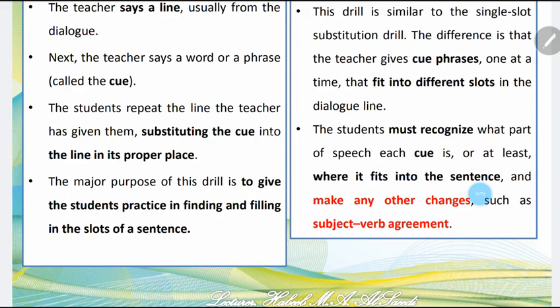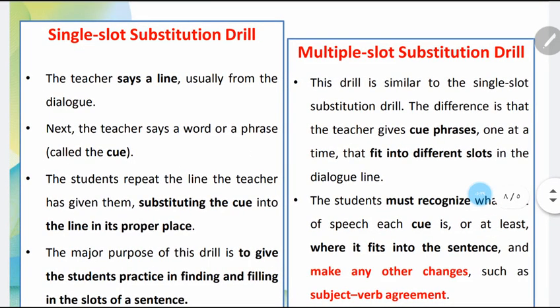This is for single slot substitution. Multiple slot substitution is similar to single slot substitution, but here we have multiple slots, two or more places to replace a cue. The difference is that the teacher gives cue phrases one at a time that fit into different slots,